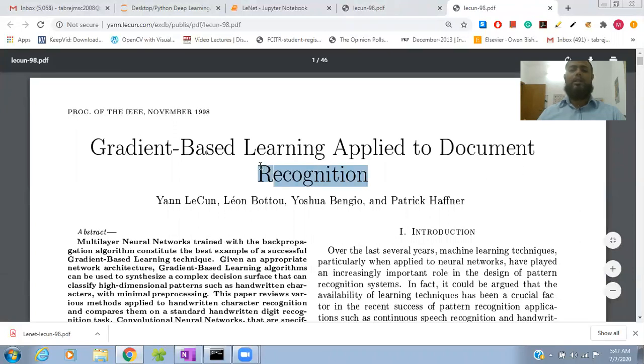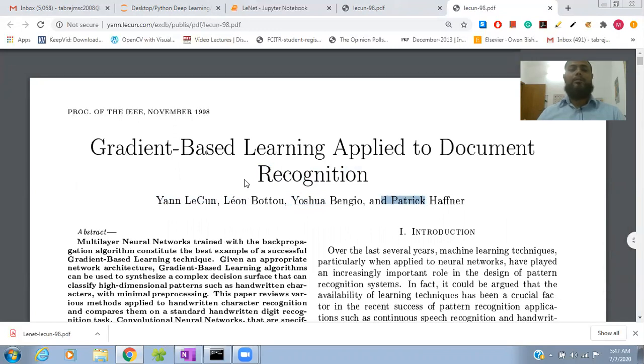These three authors, Yann, Leon, Yoshua, and Patrick, for the first time in November 1998, made the convolutional neural architecture, which is applicable for document recognition.